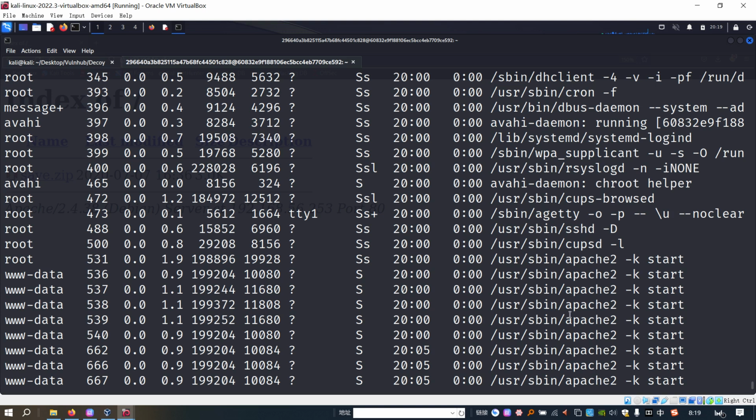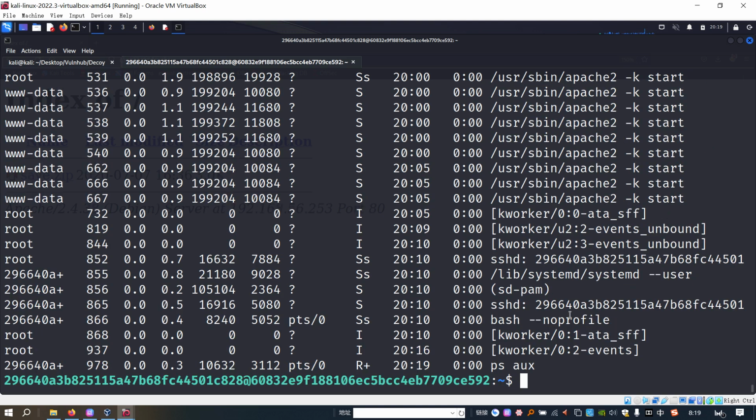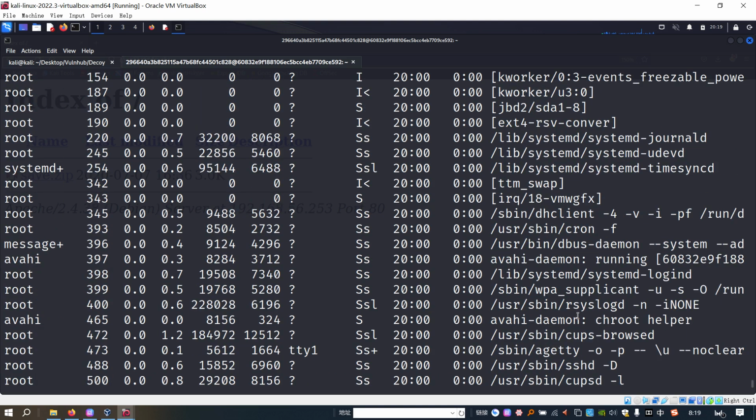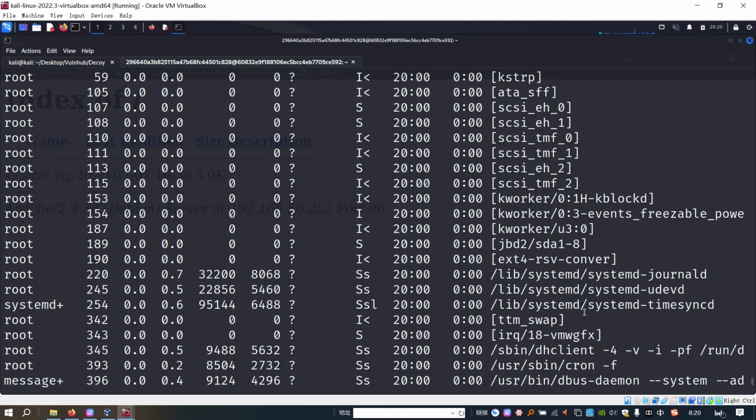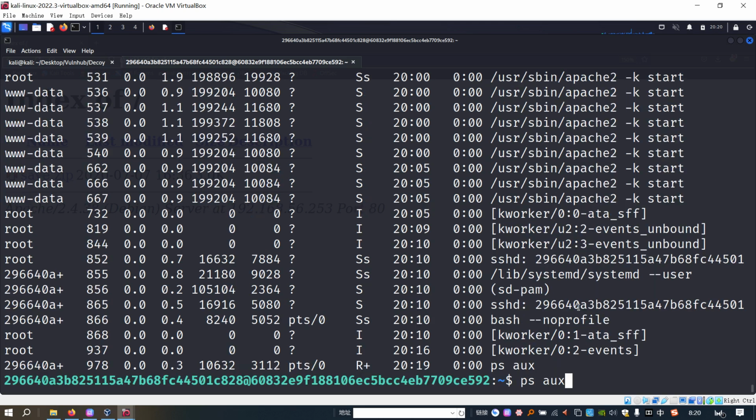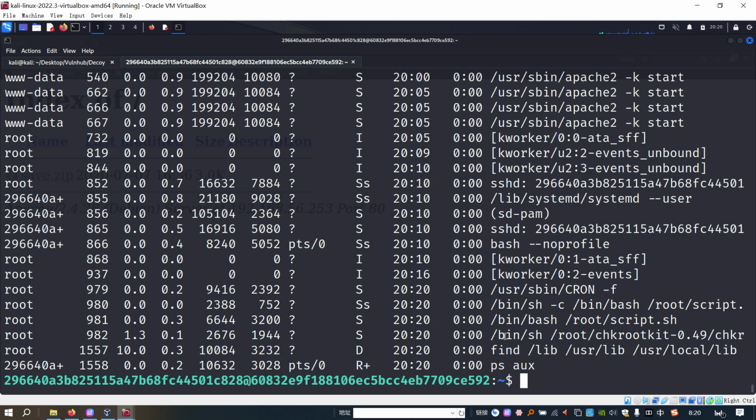Nothing there. As you can see here, I think this utility has been triggered by the honeypot decoy.